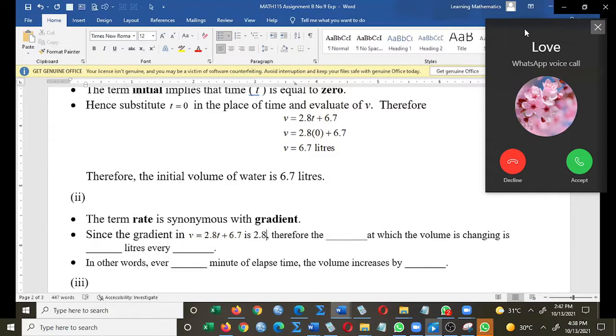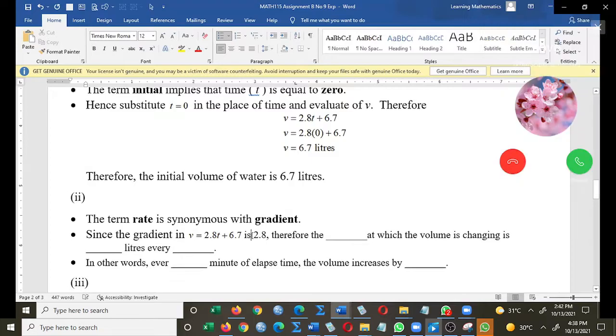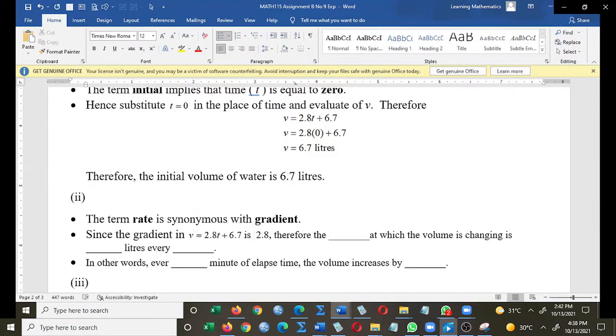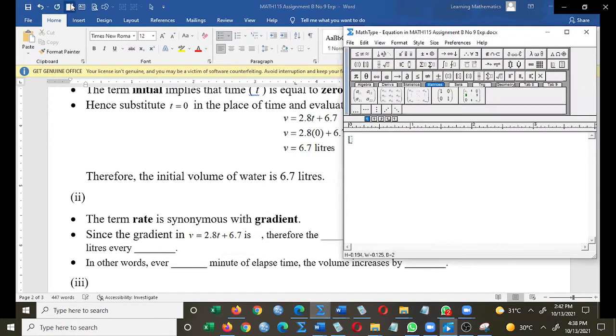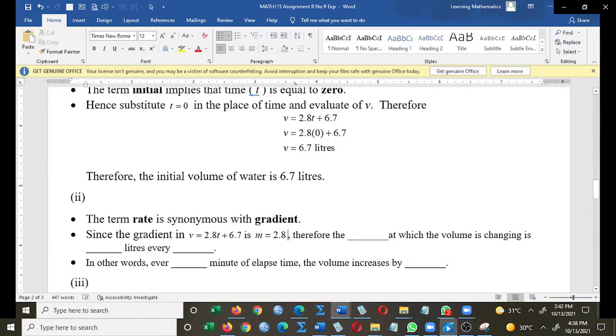So since the gradient in V is 2.8, let me put m is equal to 2.8. All right. Therefore,